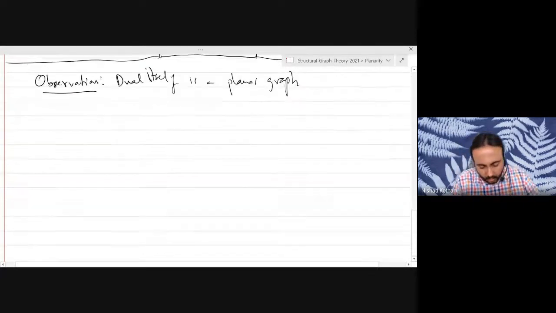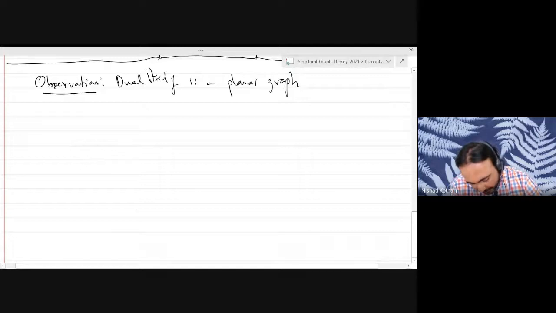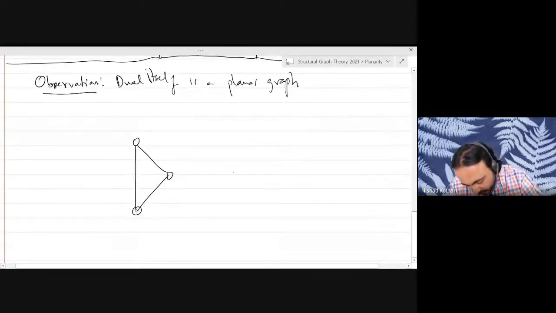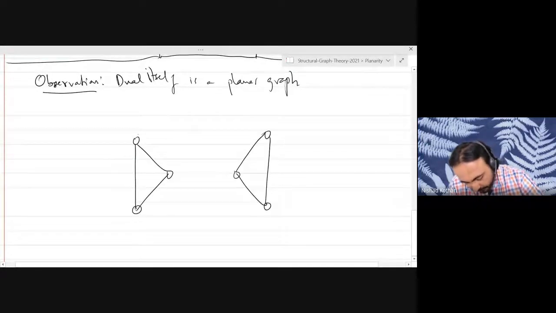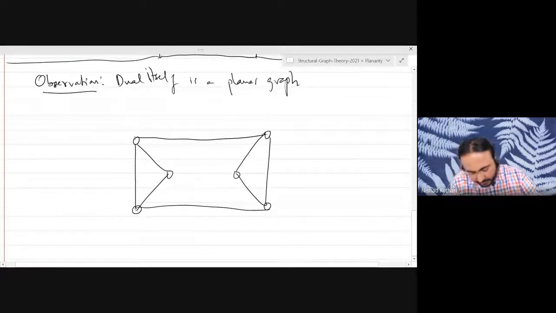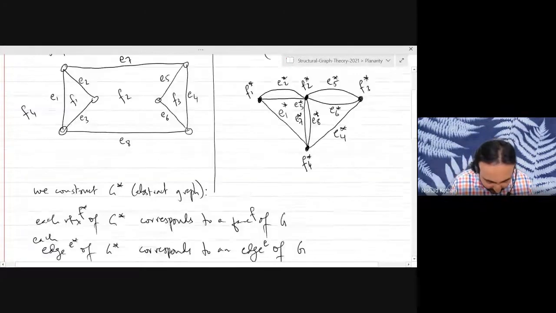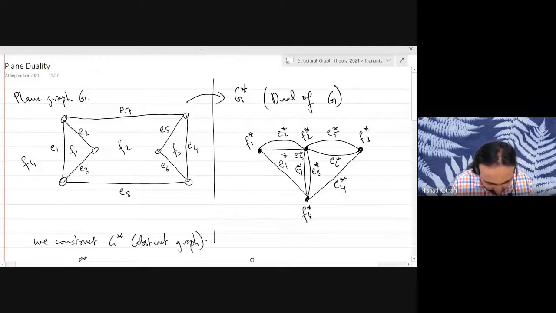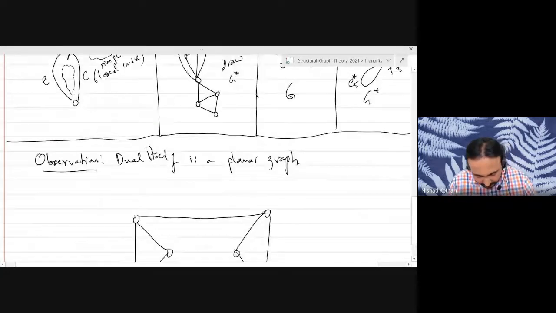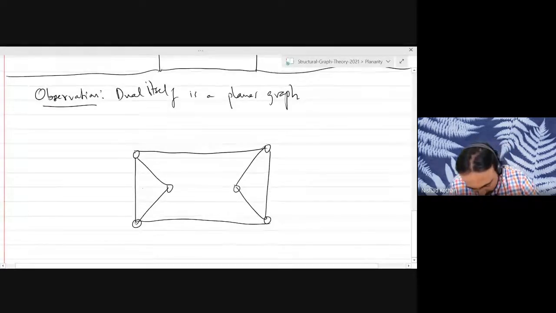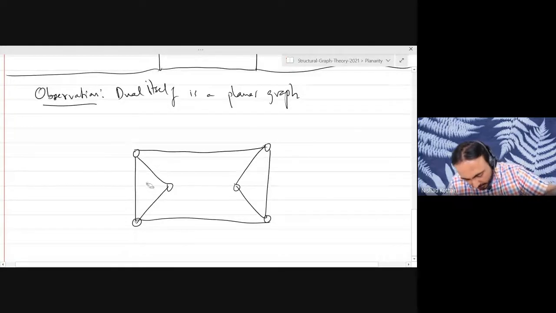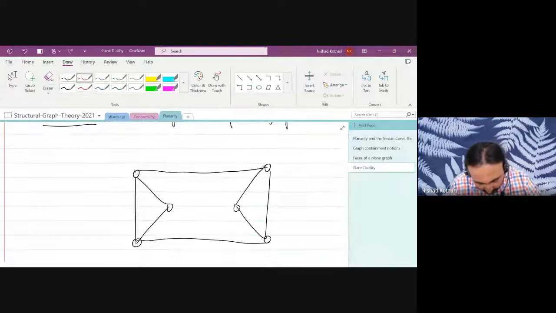And to see that, let's go back to our original example. I will just complete this example for you, and that will be the end for today. Let me see what I call the faces: F1, F3, F2, and F4. So I'm going to change how I draw the dual this time. I'm going to put a vertex inside all of these.